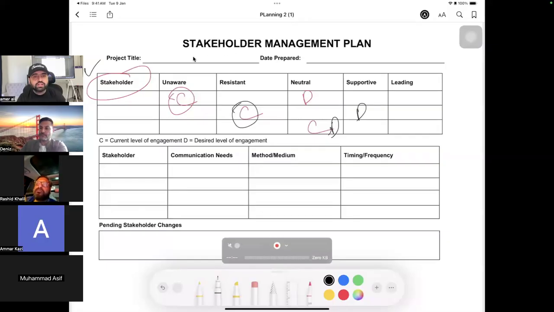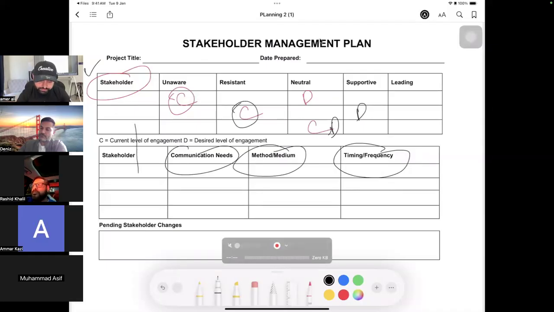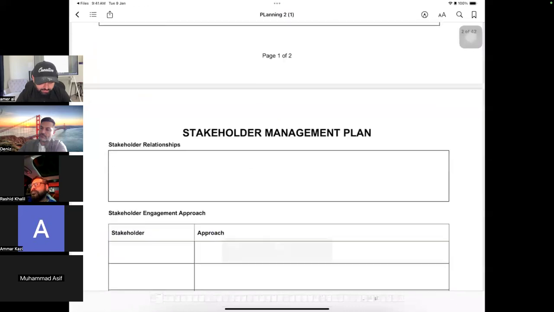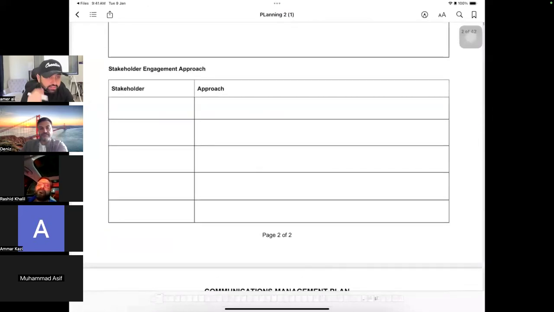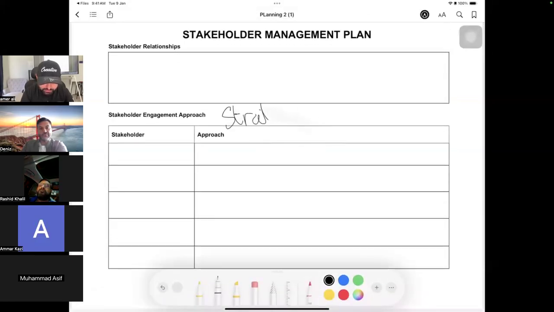We'll put that into the stakeholder engagement plan. Now, if your organization does not have a communication plan, you can have a communication need, method, and frequency here. Otherwise, we will put it in the communication management plan. So the stakeholder engagement plan has the stakeholder engagement matrix, then the approach, or I like to say the strategies